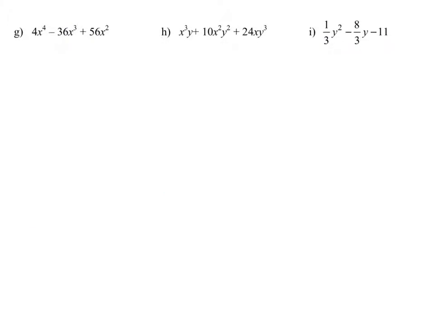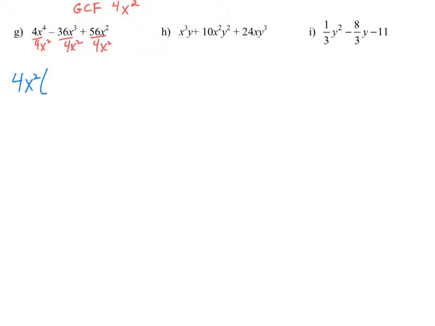To factor 4x to the fourth minus 36x to the third plus 56x squared, we want to factor out the GCF first. The GCF of all three of those terms is 4, because 4 goes into all of the coefficients, and all terms have x, so we factor out the x squared, the smallest exponent. When we factor out 4x squared from all of those terms, we're dividing out that 4x squared from each,